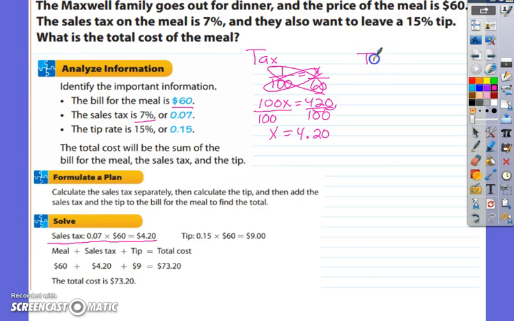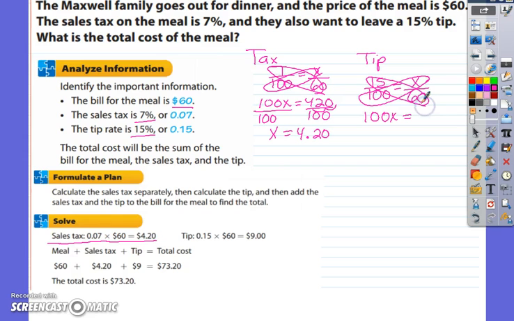So for the tip, we are also going to write a percent. The tip is 15%. So we'll have 15 over 100 equals x, which will be our tip, over 60, which is our total cost of the bill. We will solve our proportion by finding our cross products. 100x